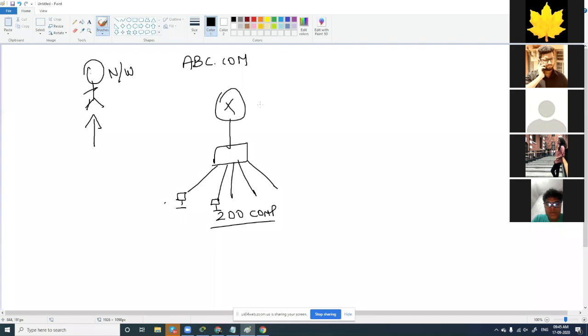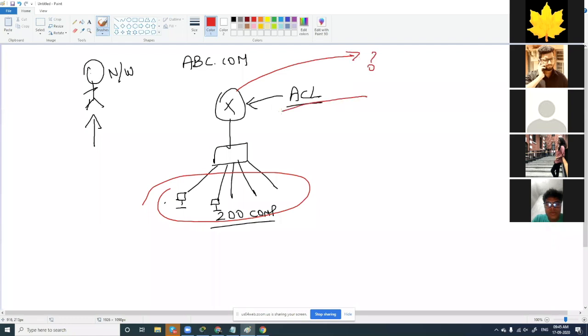So if you want to do something in the router with regards to accessing websites, we have to go for ACL. With ACL, you can decide which networks the computers in your network can communicate with, or which networks from outside can communicate with your network computers. As simple as that, right? That is why we have made configurations for extended ACL: in, out, destination, source. Your destination can be any website which you don't like and which you don't want your computers to connect to.